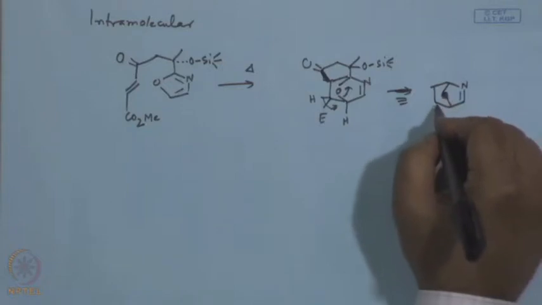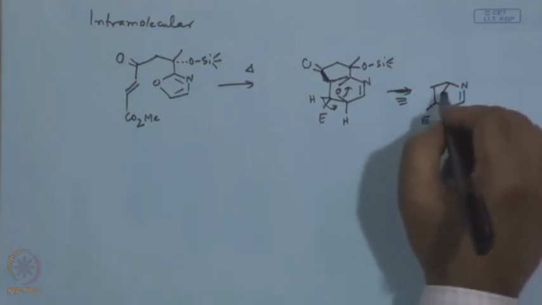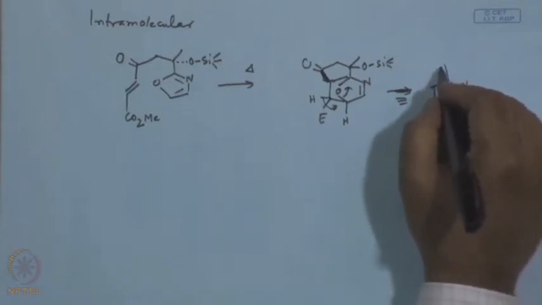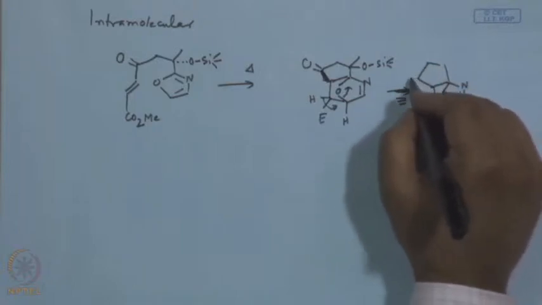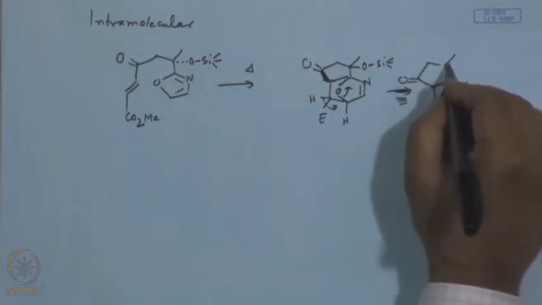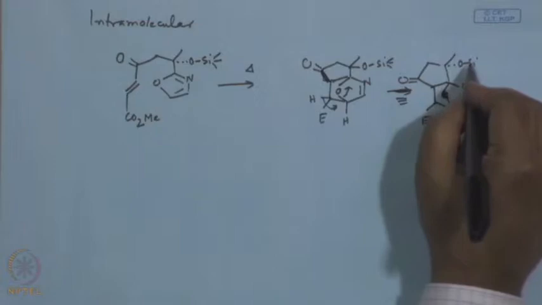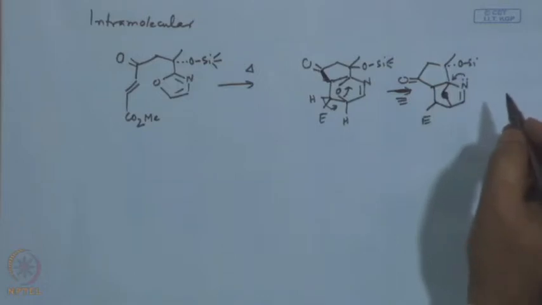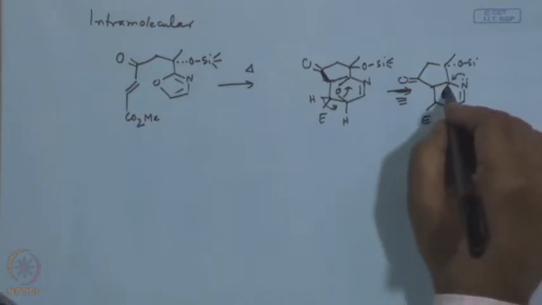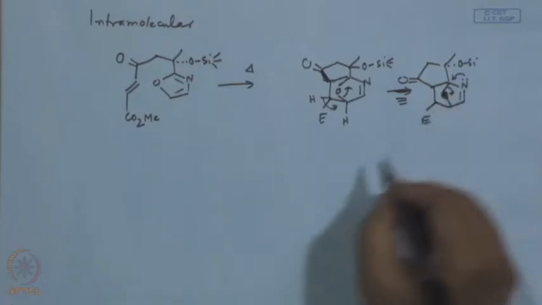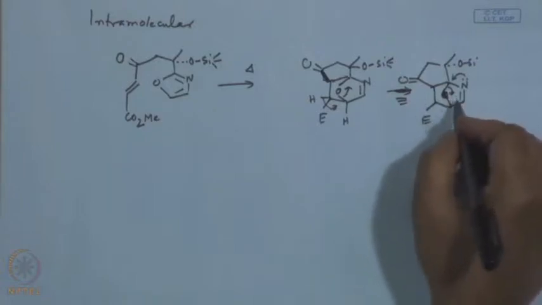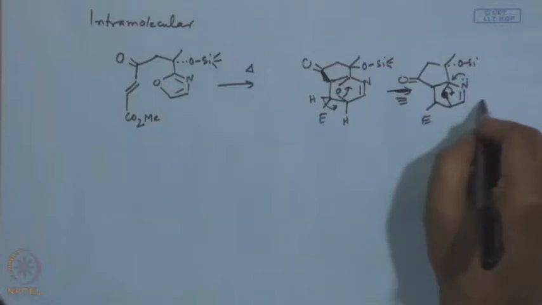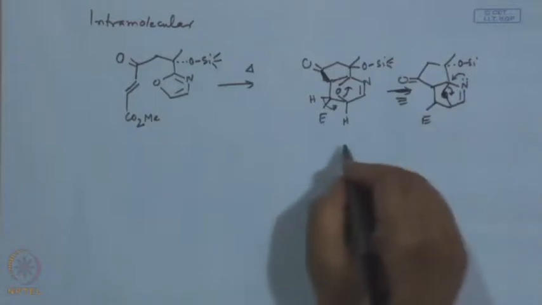Oxygen up here, this is E, and this is a 5-membered ring with a ketone, and the adjacent group is oxygen and silicon, and normally this hydrogen has a propensity to expel the oxygen, right. So, there is a possibility that it would first form this sort of thing, and then eventually it will undergo